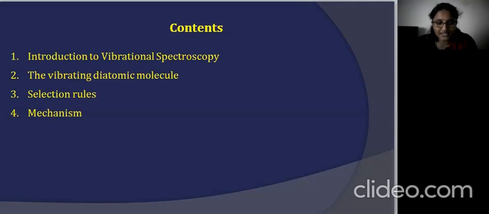See guys, the atoms in a molecule, you don't think of them as fixed. They are constantly moving. And as we can see in simple molecules like HCl, water, CO2, vinyl chloride, methanol, etc., the atoms in them are constantly vibrating or moving back and forth, right? So we are going to see such type of vibrating molecule in this lesson.